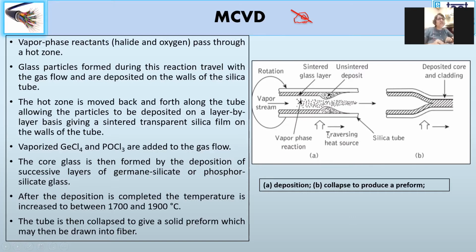This heat source, traversing continuously forward and backward, converts the soot that is being deposited into a solid glass continuously. You can say layer by layer that is being deposited, and it is getting